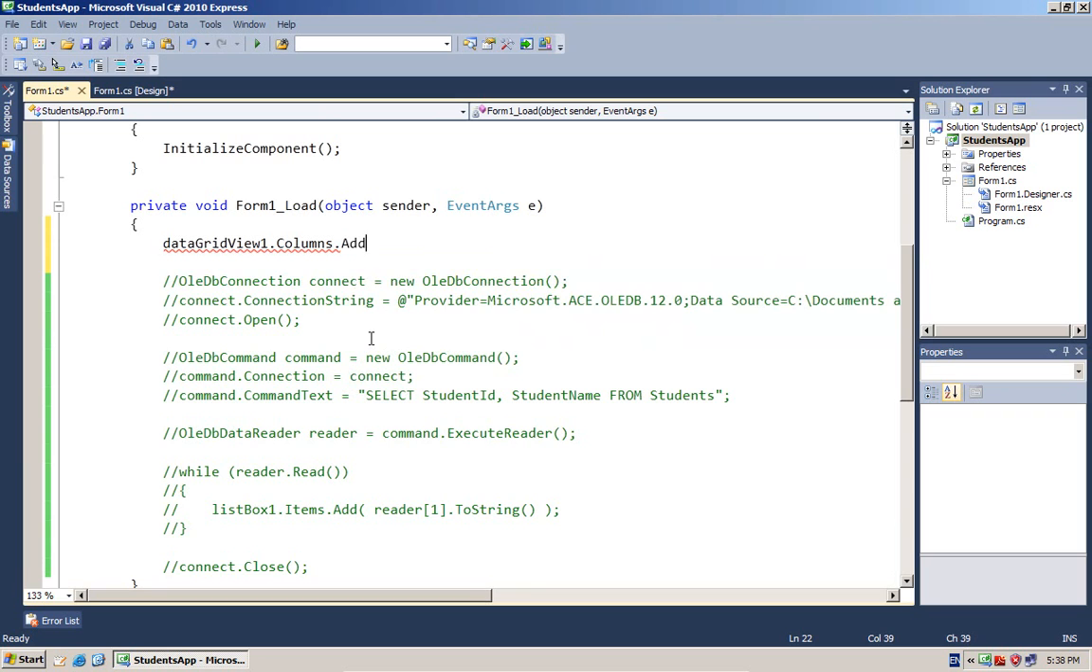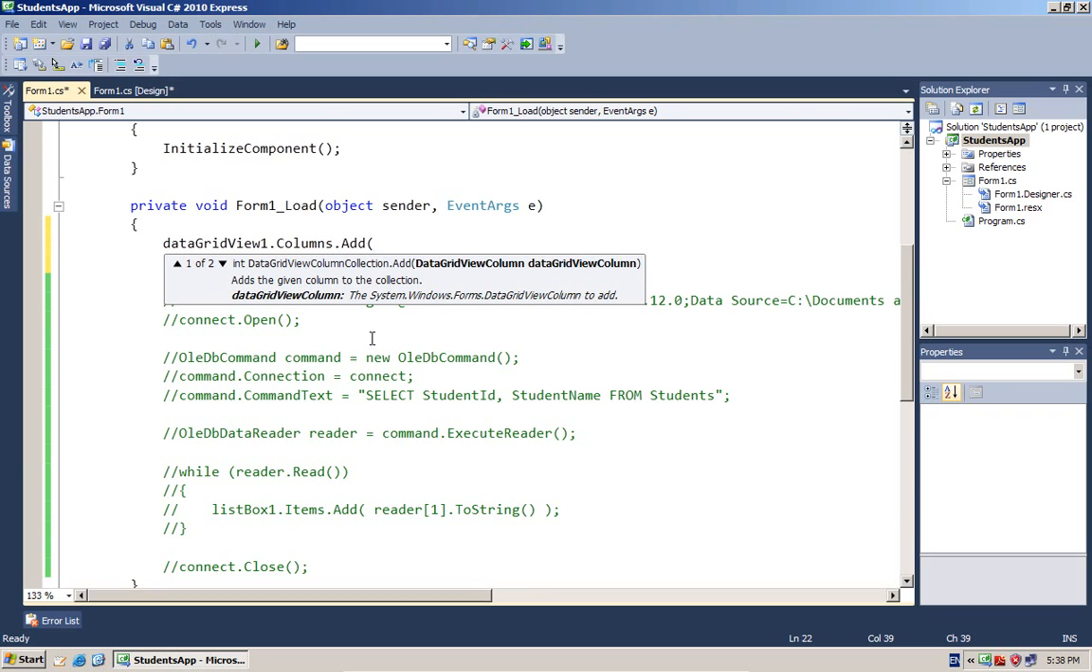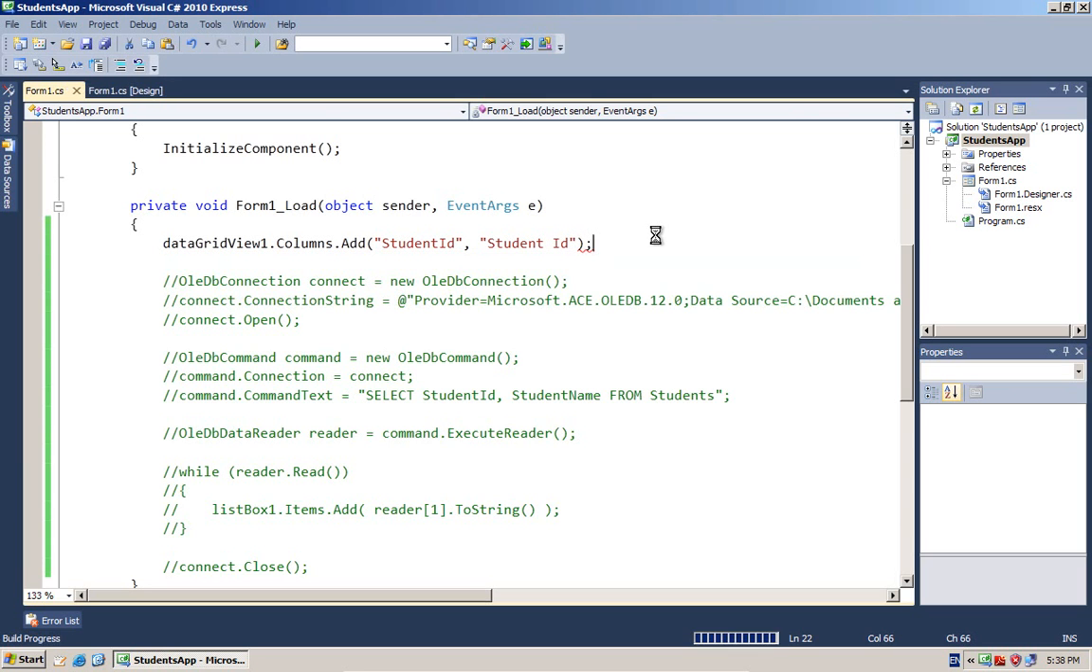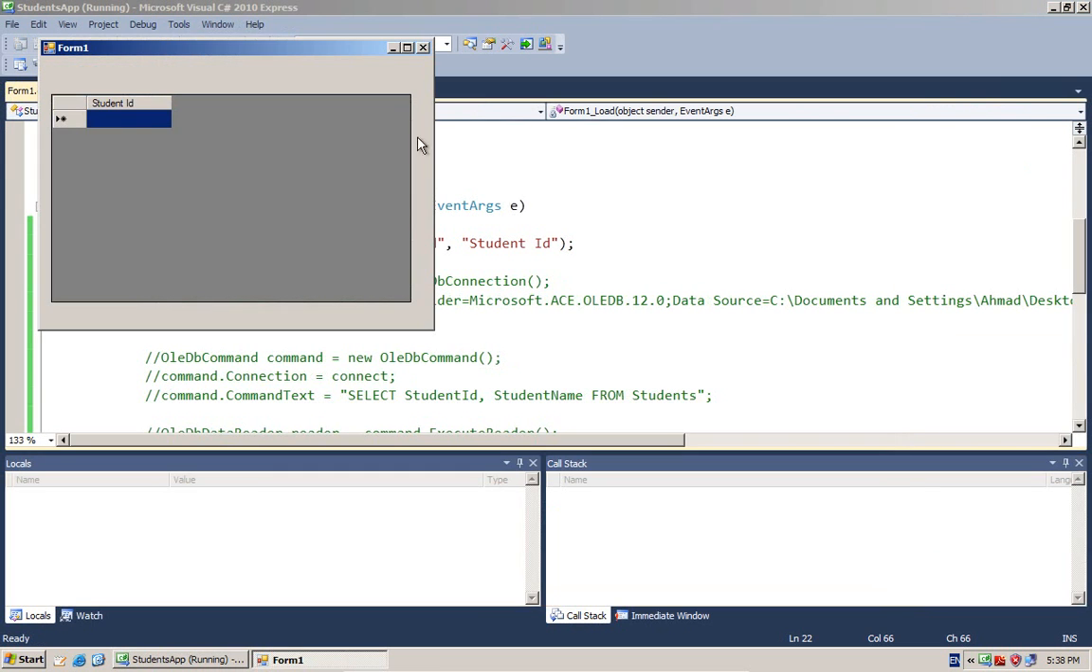So let me add a column. It is asking me for a data grid view column, but the other overload method is asking for just a name and a header text: the name of the column used in the code behind, and the header text. Both are strings, so let me give it a student ID, and over here I will give it a student ID. Now let me run this code and we will see that a column is added, student ID, and by default